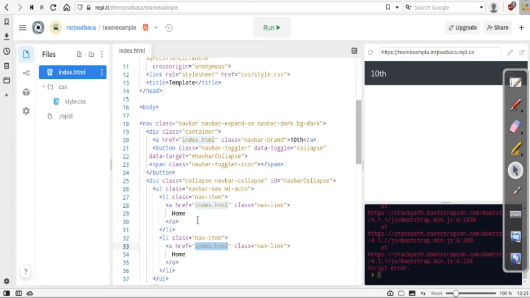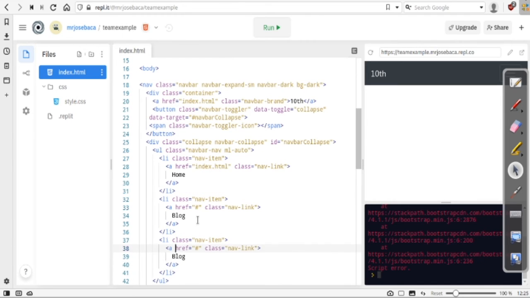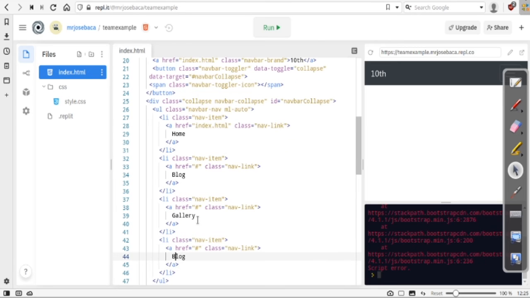Okay, here we're going to add example block. We are going to make the next one that is going to be gallery. Now I'm going to add one final one that is going to be